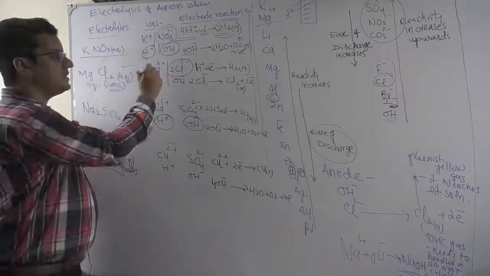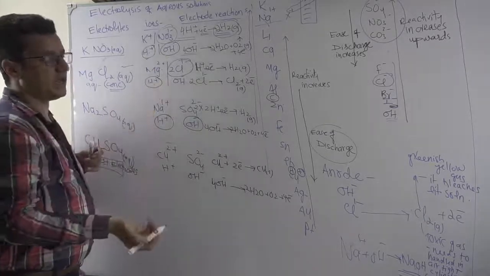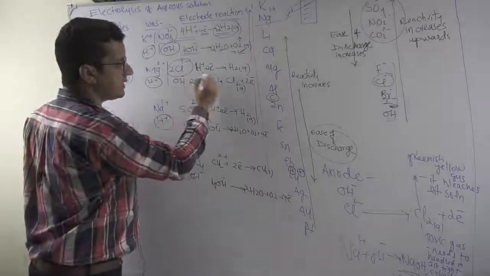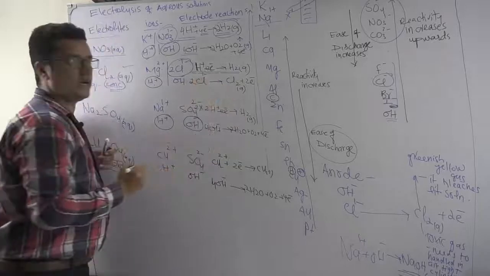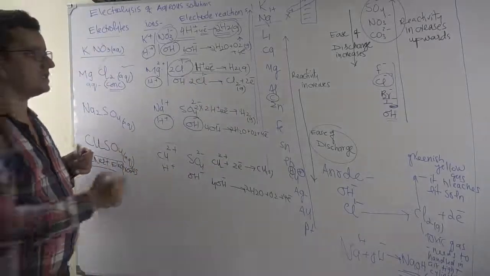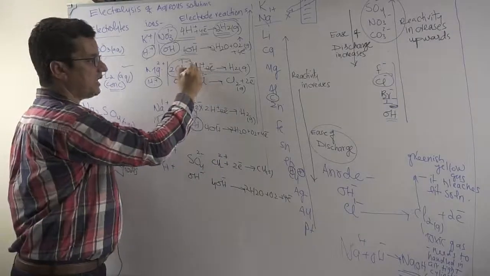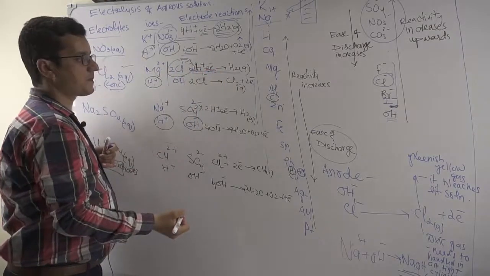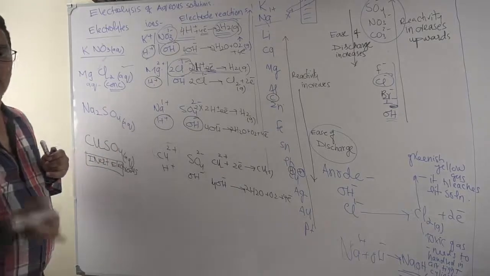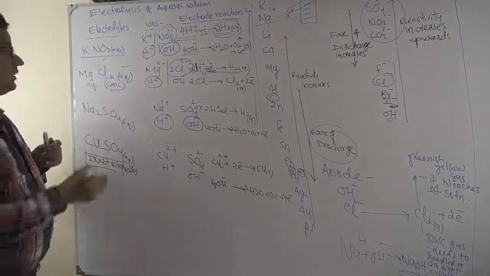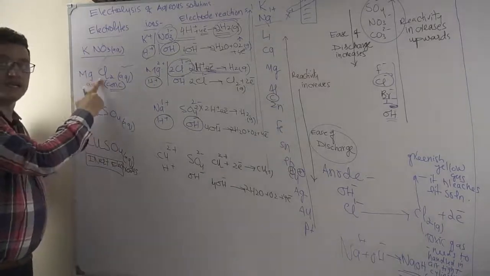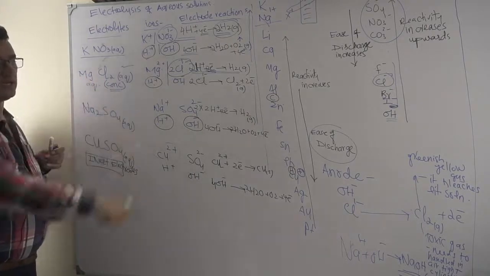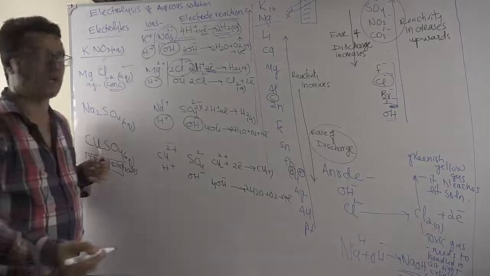Remember, magnesium ion and hydrogen ion, when they are competing, again magnesium is above and hydrogen is much below. So positional effect is basically the dominating factor here. Hydrogen gas discharges as hydrogen ions are accepting the electron with ease. So magnesium ions are staying back. If you need magnesium metal, you have to carry out magnesium chloride's molten electrolysis. So magnesium ions are not competing with hydrogen because there is a huge difference. So concentration effect cannot take over.